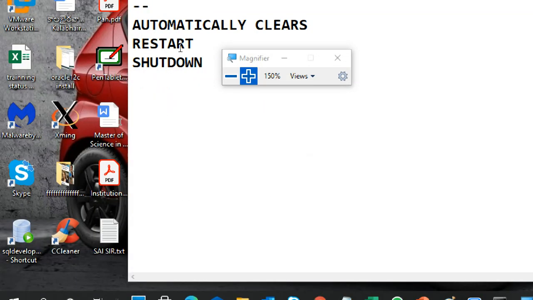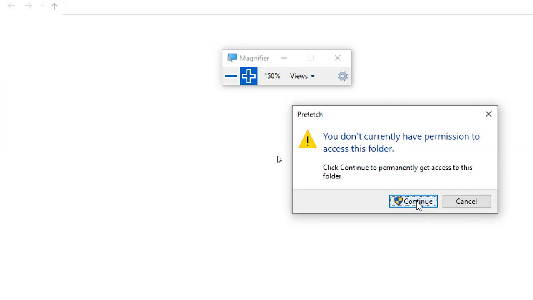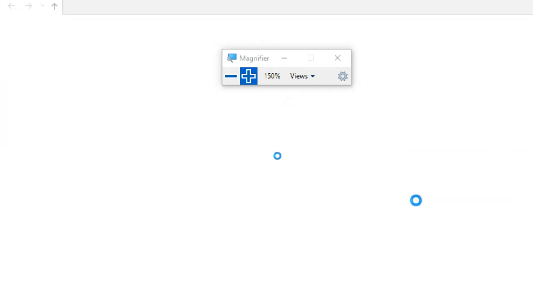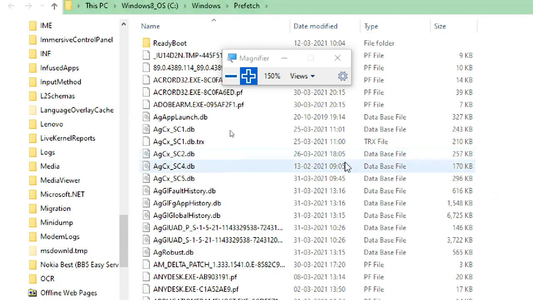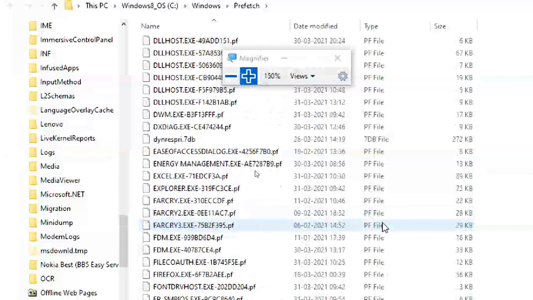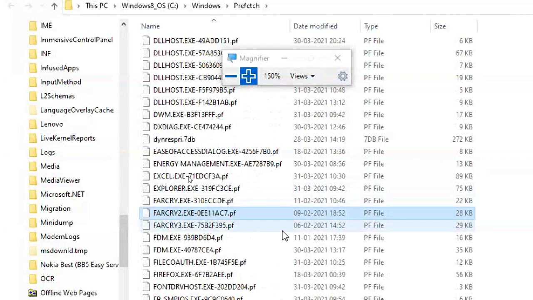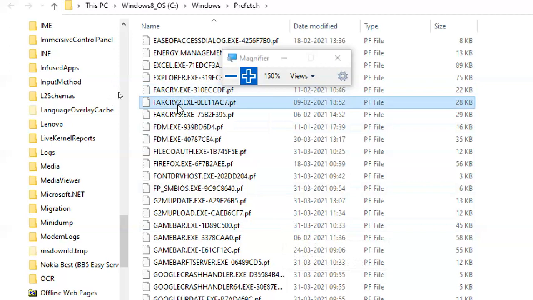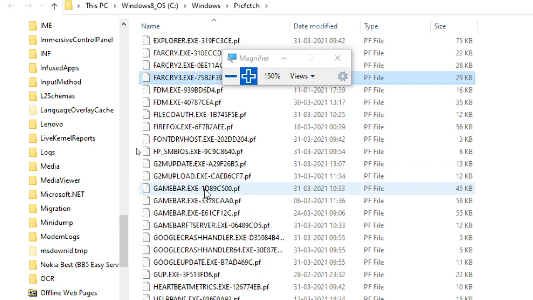This is prefetch. So you don't have a permission, no problem. Go to continue. Click on continue. It will show this is the prefetch one. Whenever you are using an application, the application prefetching is showing Far Cry.exe, Far Cry 3. I used these games. Far Cry is completed so many days back. 2 is completed. I have deleted both, both the things are removed from my PC, but it is still showing. Far Cry 3 is there inside the PC.